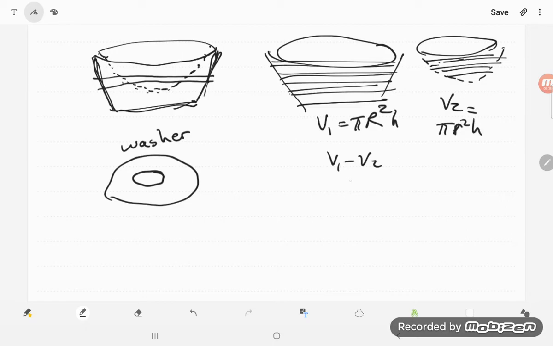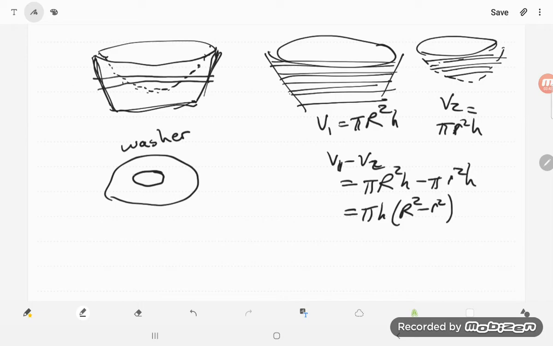Now, when we subtracted those two, V1 minus V2, we got pi big R squared h minus pi little r squared h. Factoring out the pi and the h, I got pi h times big R squared minus little r squared. Well, that's their washer method,